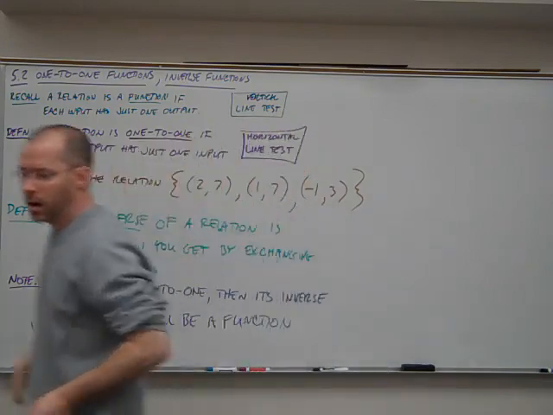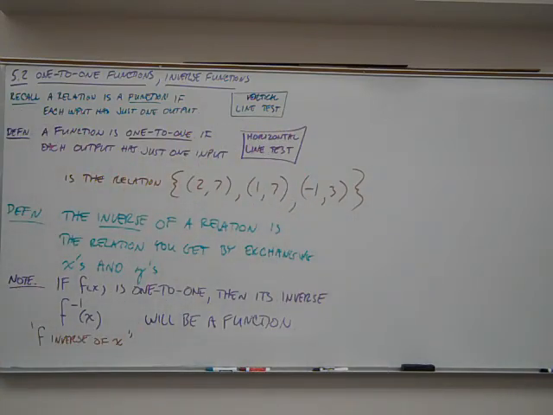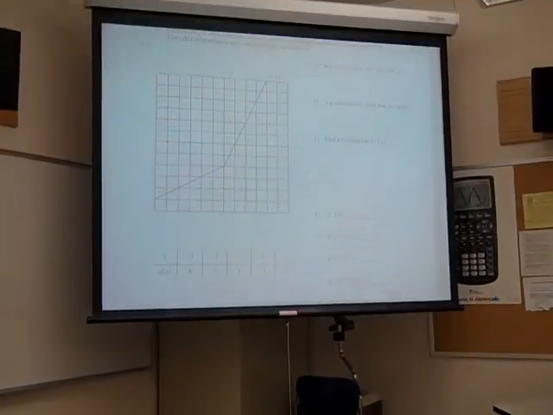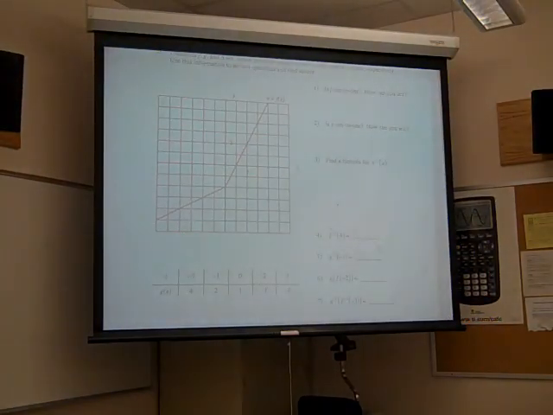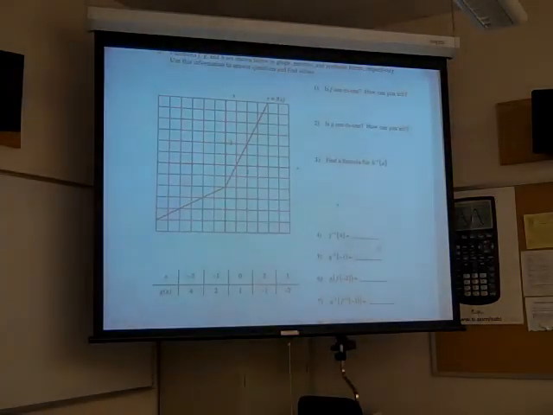Let's take a quick look at a couple of problems from the activity, and I'm going to dim these lights and maybe do a little